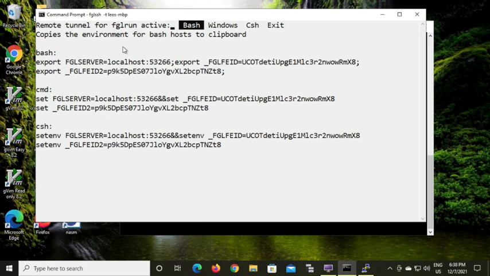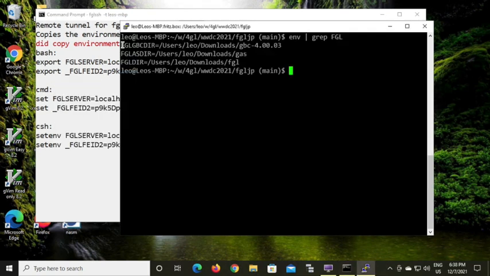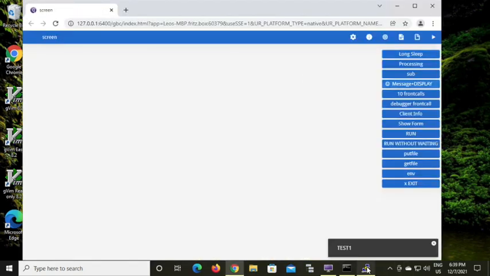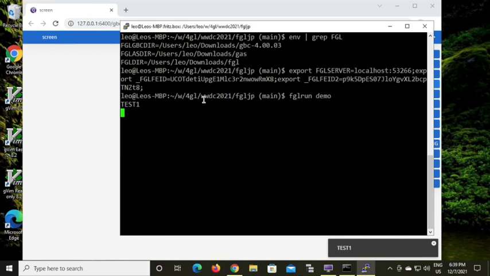It did build the tunnel for me. It shows up a little FGLGUI=0 menu where I can choose if I want to copy the environment to the clipboard, either with bash, Windows or C shell syntax. I'm copying the environment for the bash. I'm going back to my PuTTY terminal. I press the right mouse button and I exported the FGLSERVER to the right place, and now I could start my demo program in the PuTTY terminal. And it comes up. You can see my standard output in the PuTTY terminal like it would be if I would use the GDC. Okay,